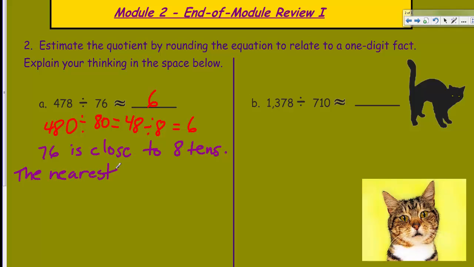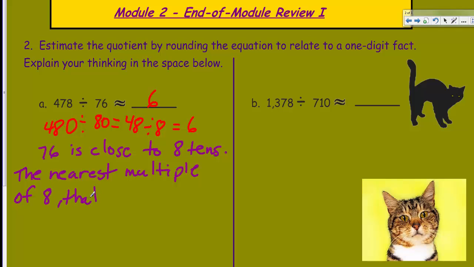The nearest, and I like this word, multiple. I don't know if I've actually defined that in class, but multiple is like when you're skip counting. So the reason why I like using the 8 tens here is because the nearest multiple of 8,